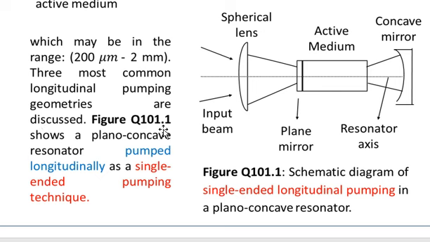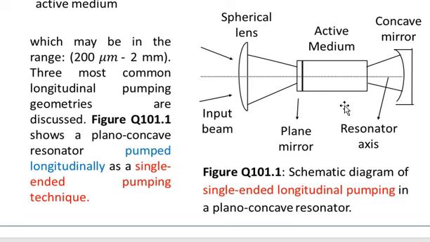Figure 101.1 shows a plano-concave resonator pumped longitudinally as a single-ended pumping technique. The caption of the figure is: schematic diagram of single-ended longitudinal pumping in a plano-concave resonator. You can see that an active medium is placed between a concave mirror and a spherical lens. So a spherical lens is actually used to focus the input beam onto the